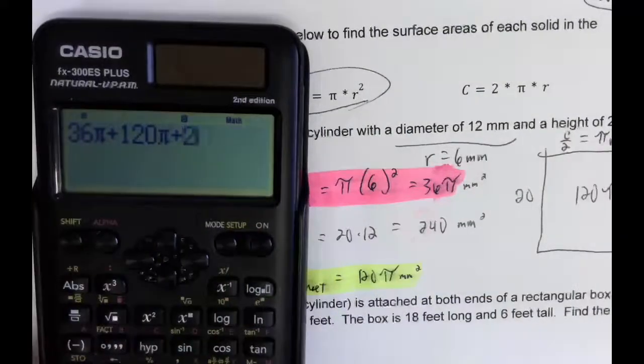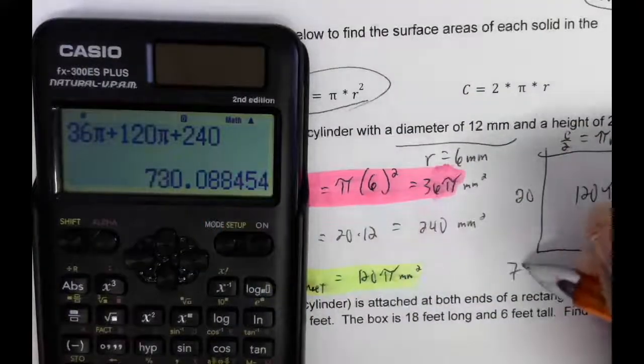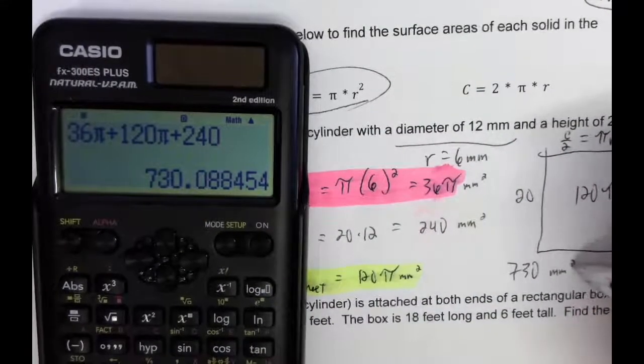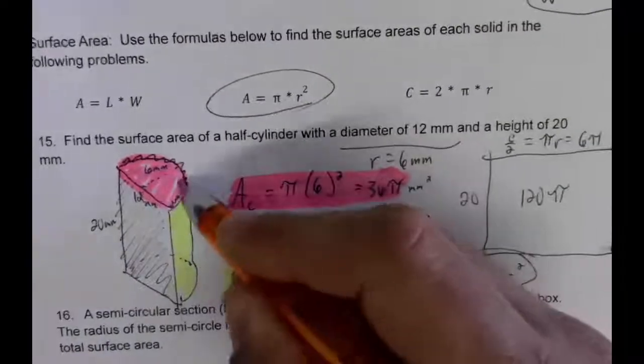And then plus 240, 730. We're just going to round. We're going to say 730 millimeters squared. Okay, so again, the important thing to remember there is this curved sheet can just be turned into